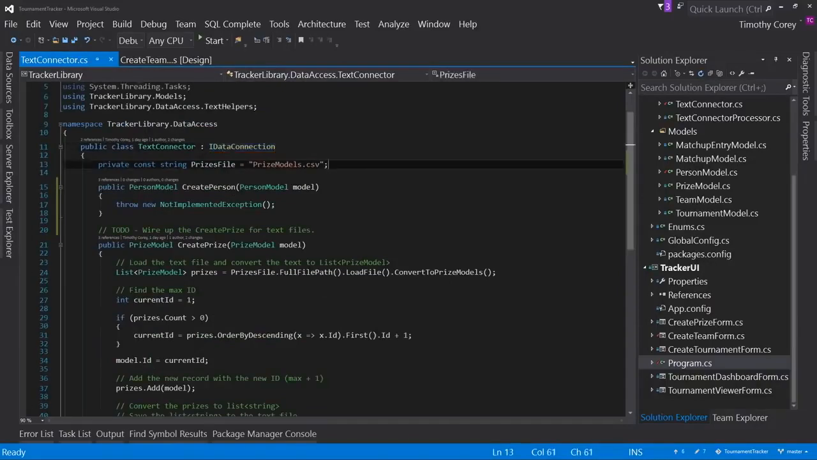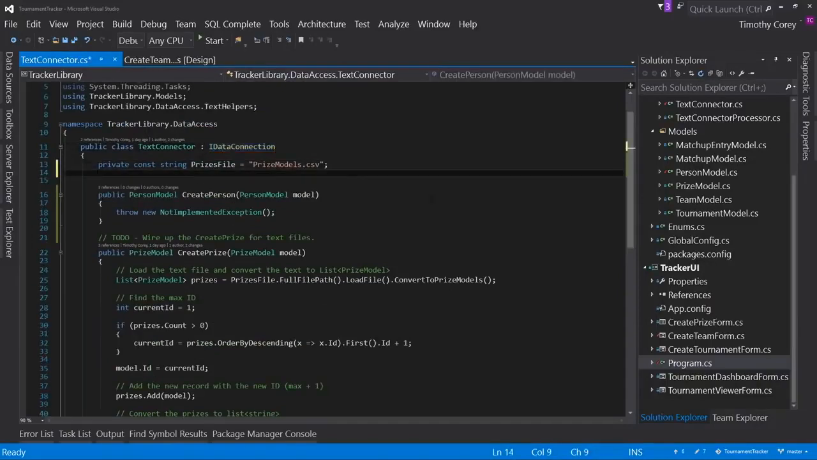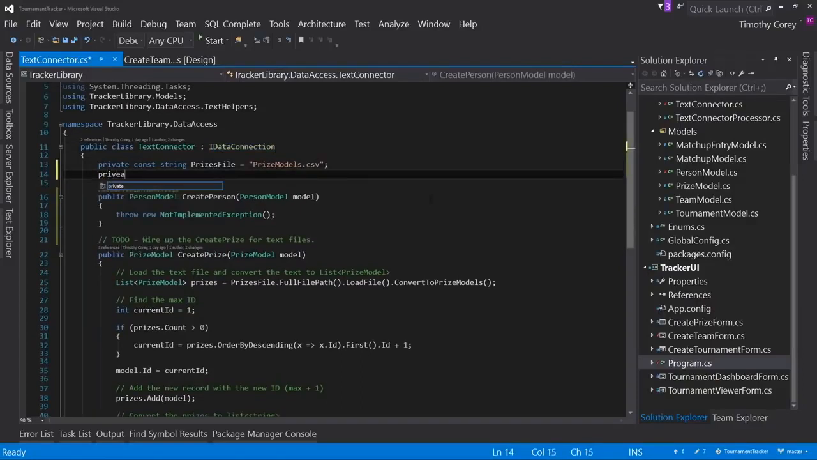And the very first thing I need is this file up here, the file name. So private const string, and this would be the person model, or people, people file equals,